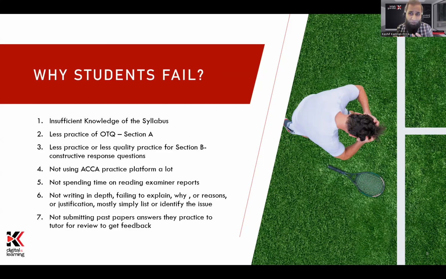I give advice to my students through emails about where they can improve and what went wrong, and that helps them in the learning process ahead of their exams. So you're open to send me answers as much as possible. I'll be giving you my email ID within the orientation session. So these are some reasons why students fail, and I hope you will take notes of them and not repeat the same.